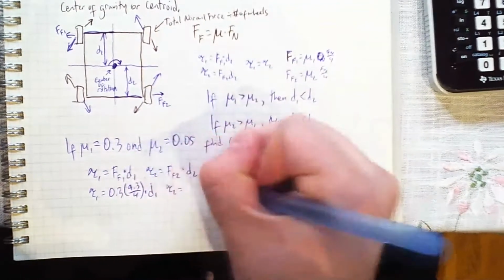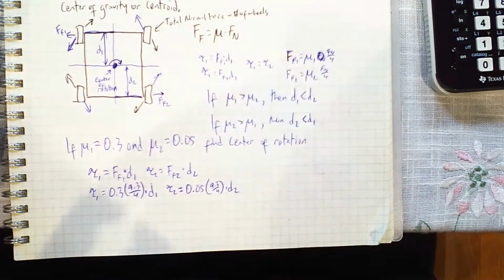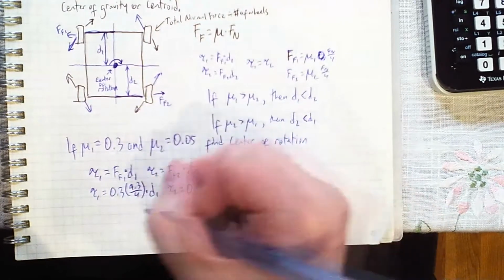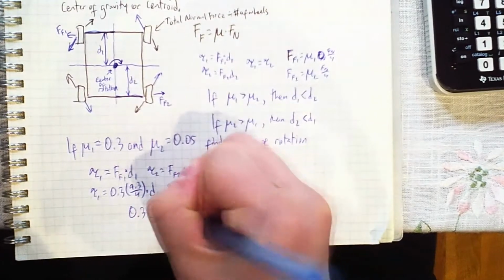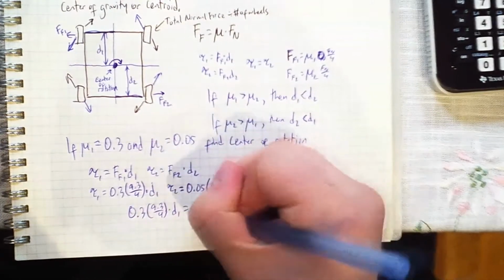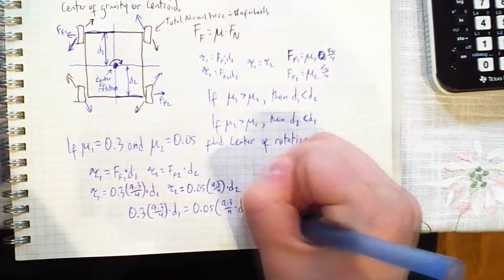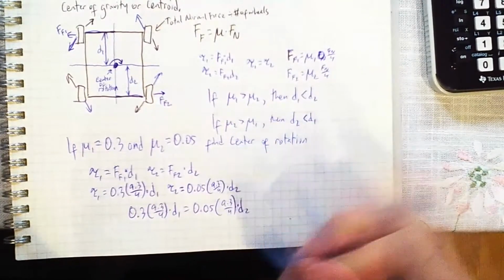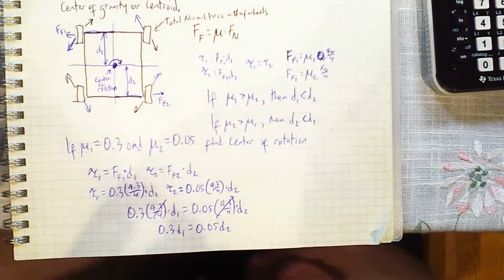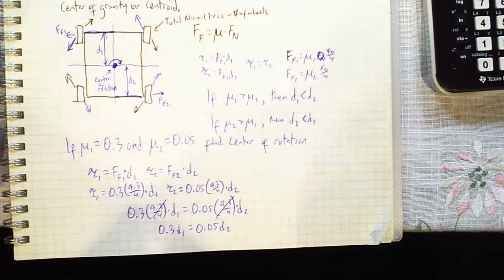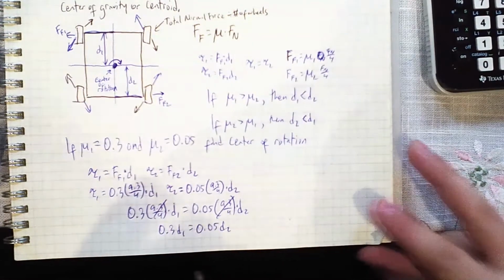And torque 2 is going to be equal, like I said before, torque 1 has to be equal to torque 2. So we set these two equal to each other. 0.3 times 9.3 over 4 times D1 is equal to 0.05 times 9.3 over 4 times D2. Then you ask yourself, okay, now what? Because I don't know what either of these D1 or D2 are. But actually, we kind of do know something about them. If we look back at the do now,